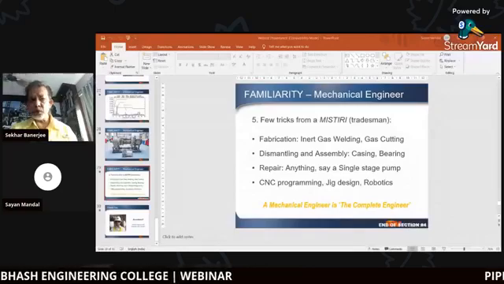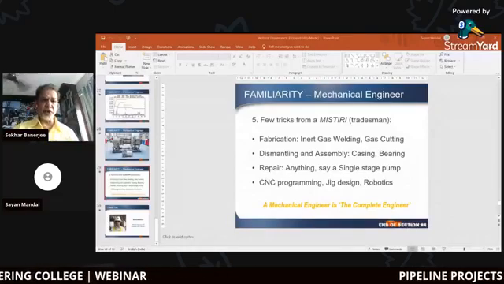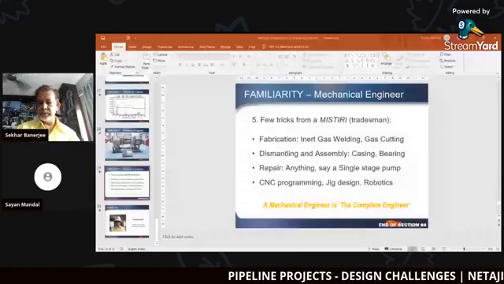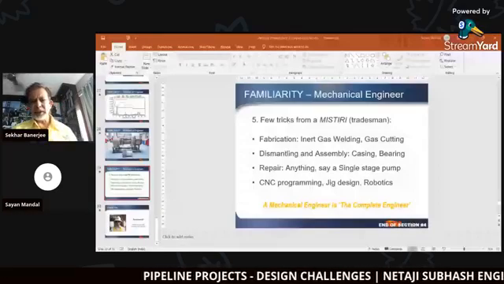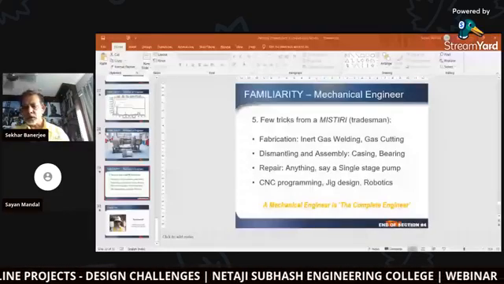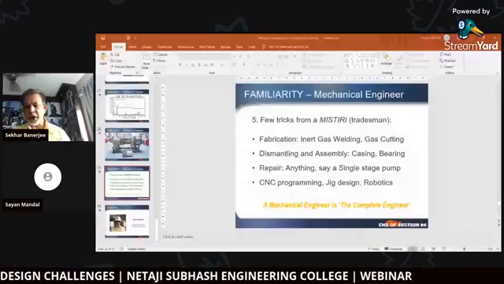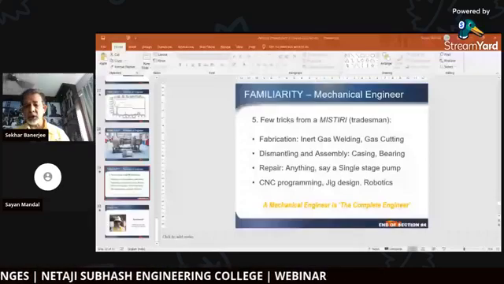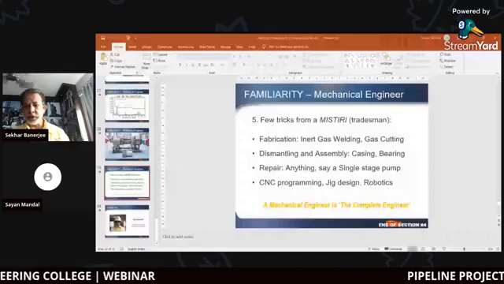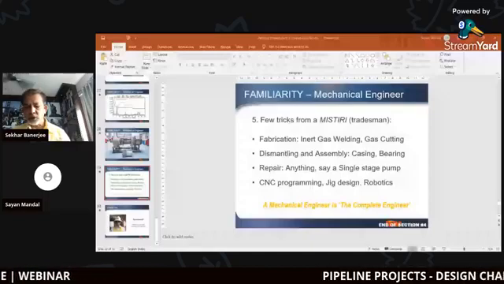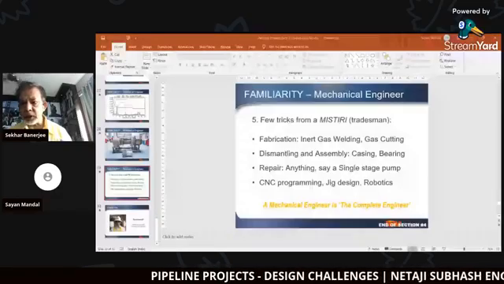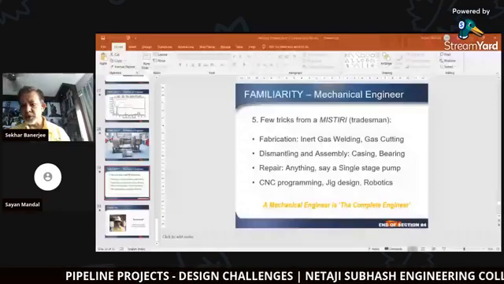Or do you know how CNC programming is done on a CNC machine? Or do you know anything about jig design? Or have you ever tried robotics? Some engineering colleges I know here in West Bengal have introduced robotics. But whether it is introduced, do you have interest in learning this? CNC programming, jig design,